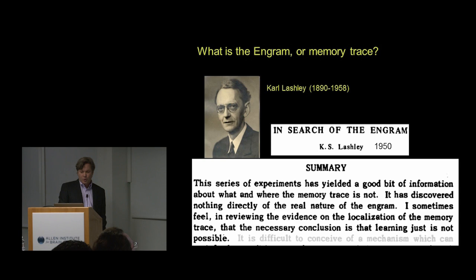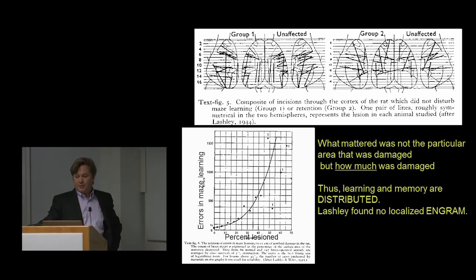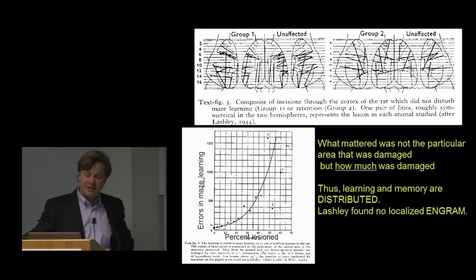But for maze learning, what he did up top was, this is a summary of all the different cuts and aspirations that he put in a rodent brain, and on the left is really the summary, a very famous slide, where on the x-axis is the percentage of the brain that was lesioned, on the y-axis are errors in maze learning, and he found this very lawful curve that he fit,